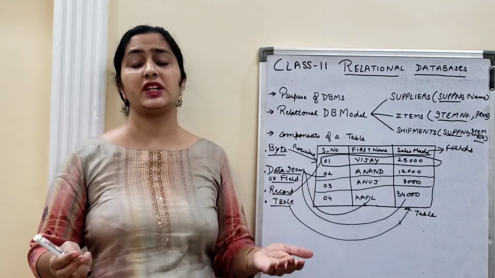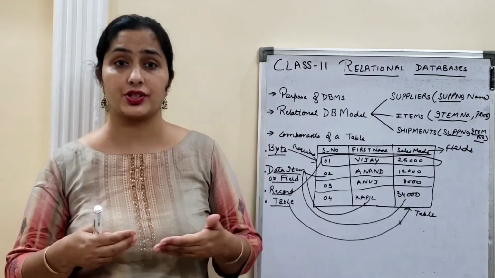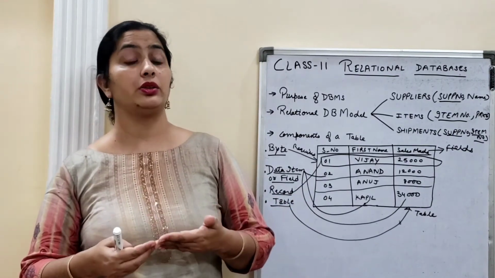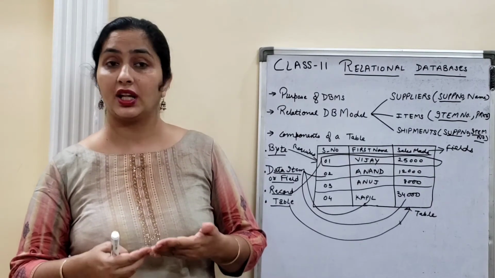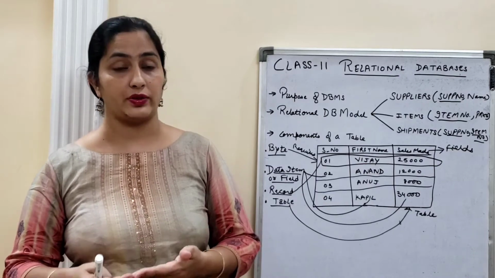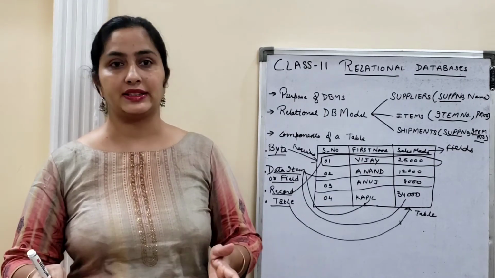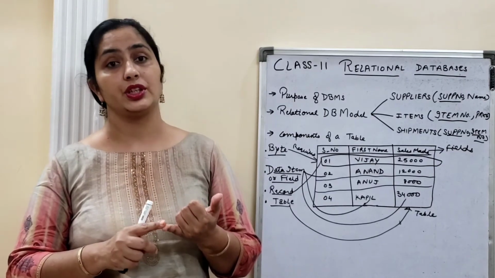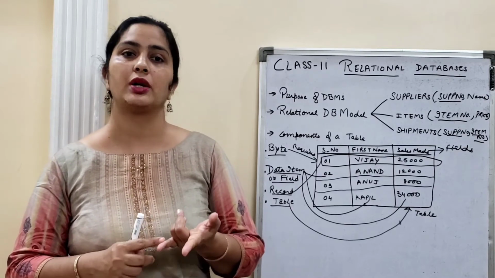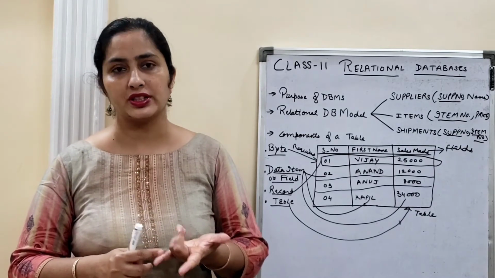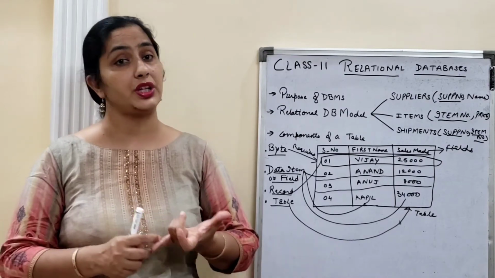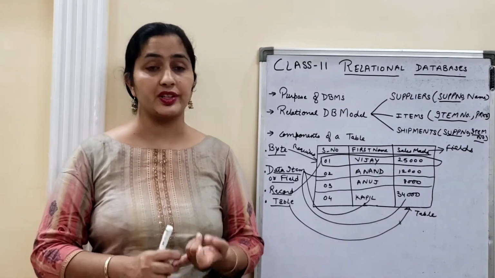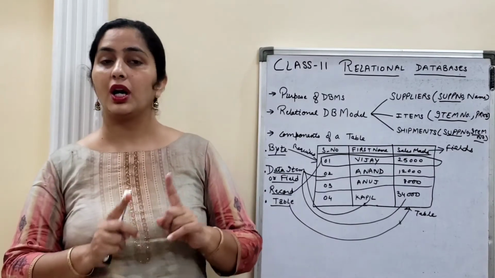Relational databases means they have some sort of relationships. Here I would like to tell you, in databases we have four kinds of relationships. That is one-to-one. One-to-one means, a simple example is, one teacher is teaching one student. You may have some sort of home tutors, when one student is at home and one teacher is coming to teach that particular student. So that is a one-to-one relationship.